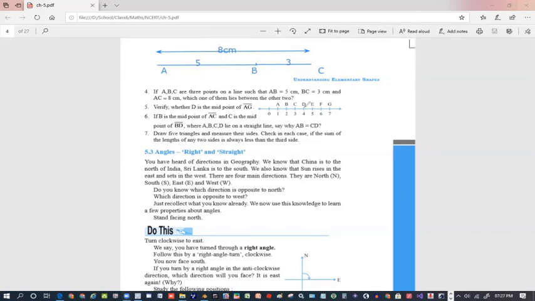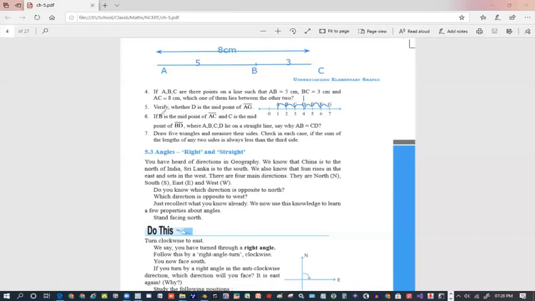So you have to count. D is here, so it is to be counted. From D you can start going towards left and from D you can go towards right. So is D the midpoint of AG or not? D to A, how much? 1, 2 and 3, so we can say 3 readings. And D to G is how much? D to G is again 1, 2, 3. So both sides we got 3 readings. So D is the midpoint of AG.